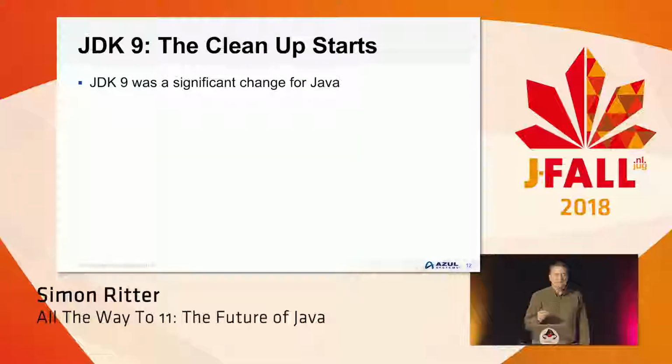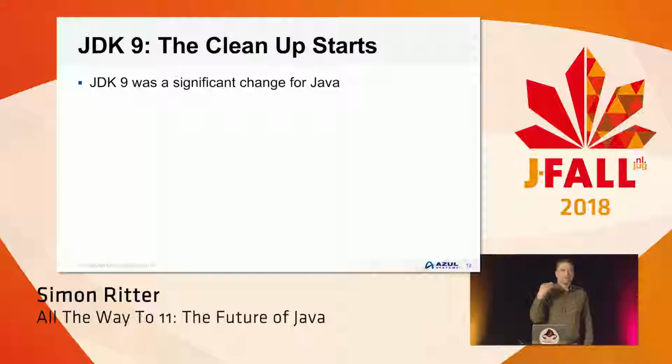So one of the reasons for this is that JDK 9 started something which was long overdue in Java. For 20 plus years, things have been added to Java to make it better. You know, added new features, new libraries, new classes, and so on. And that's all very good. But the problem is that nothing has ever been removed from Java. So we've ended up with 20 years of lots and lots of good stuff, and stuff that's got really crusty and old and isn't being used by many people, if anybody.